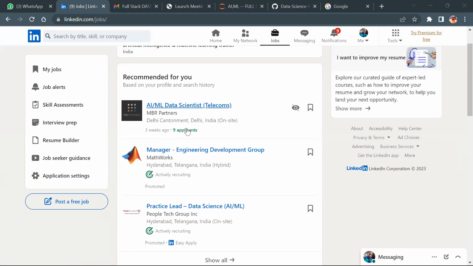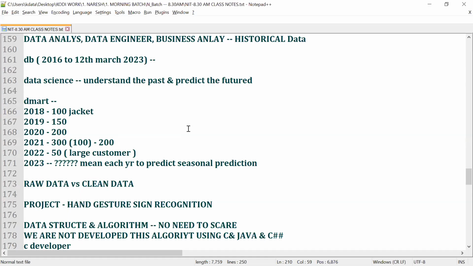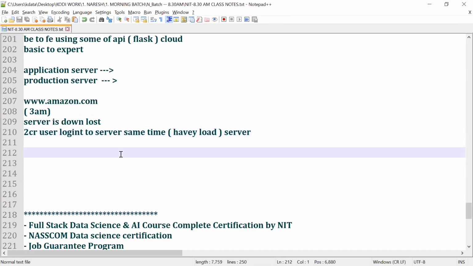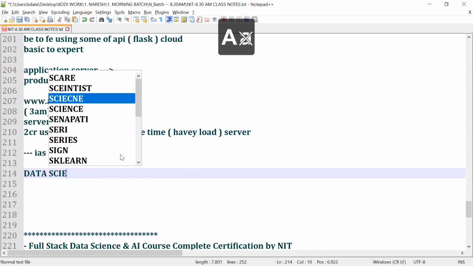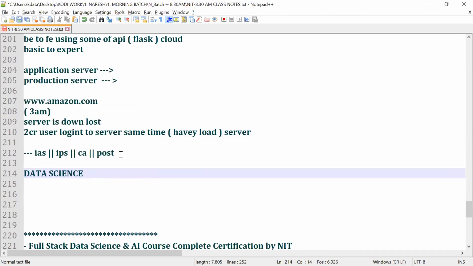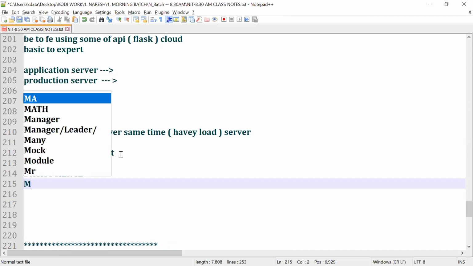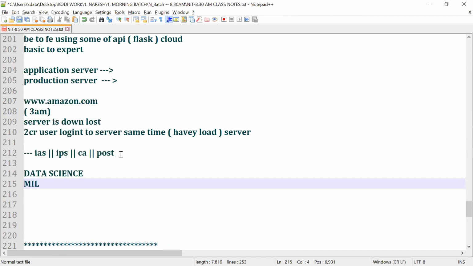and Delhi Cantonment. Let me tell you, a lot of people apply for government jobs. Government job means they have the mindset of only IAS, IPS, chartered accountant, postman, all those things. But nobody has thought that data scientists also have government jobs. Did you know this, guys? Like military, when they talk about wire transfer, speech translations, that is also a requirement for data scientists, guys. Are you getting my point, what I'm saying?